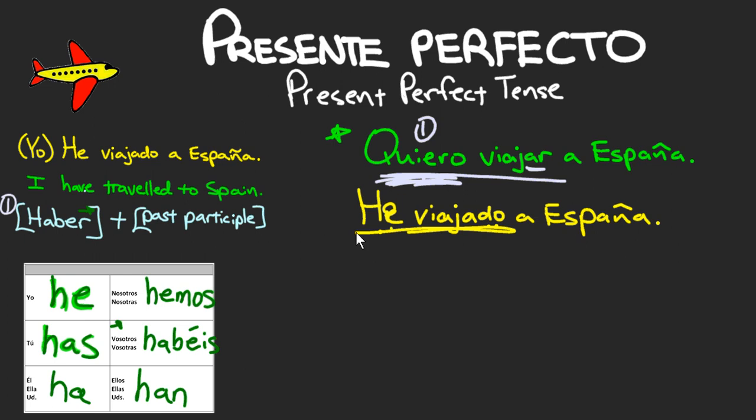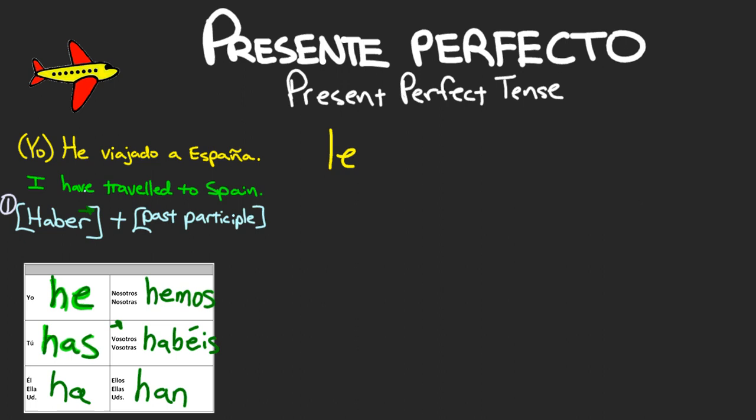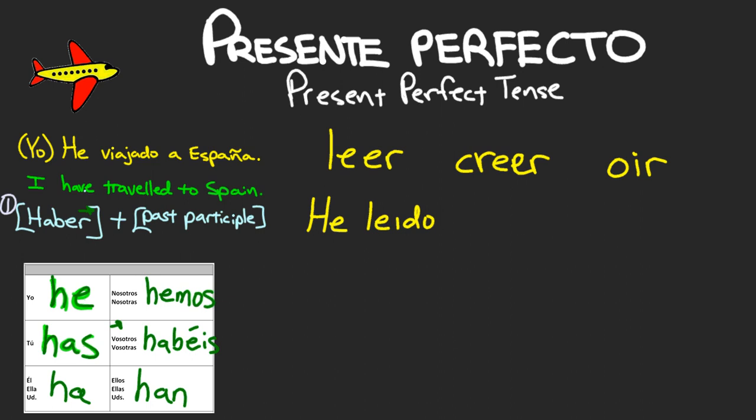I know there are a couple weird things that happen with a handful of verbs, such as leer, to read, creer, meaning to believe, and oír, meaning to listen. So when we conjugate the verb leer in the present perfect, let's say for the yo form, we have he leído. Now we have to stress the I,